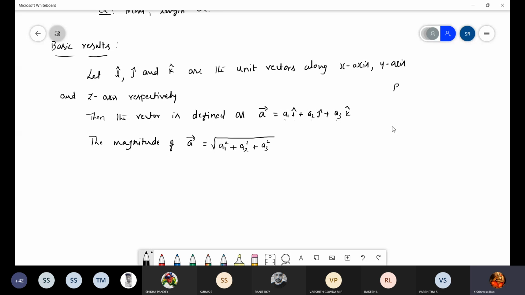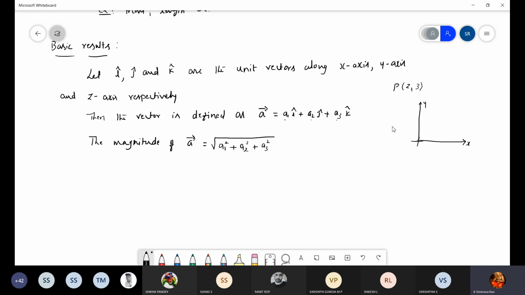I want to mark one point P in the coordinate system. It has an address, say 2, 3, 4. How will you mark this point in the Cartesian coordinate system? I will show here: one is the x-axis, another is the y-axis, another is the z-axis. First I will explain in 2 dimensions, not 3. Let it be 2 dimensions. So I want to mark 2, 3. How will you plot the point in a coordinate system?